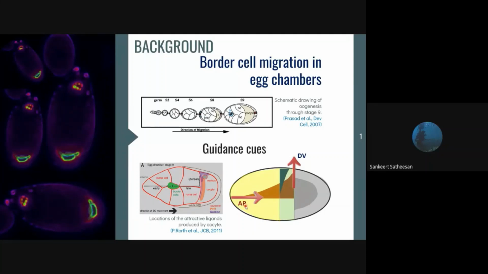anterior posterior axis. Now, border cells have ligand specific receptors, which are EGFR for Gurken and the PVF receptor, PVR, for PVF proteins. So you can see that in the AP, the PVF receptor concentration profile is much bigger than the EGFR concentration profile. So these results were well established from the findings of Pernille Rørth.